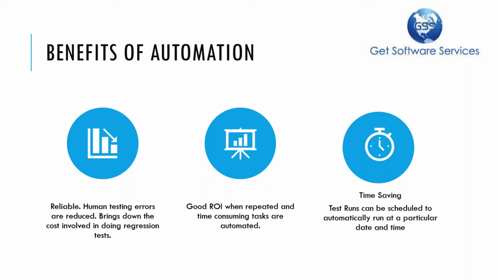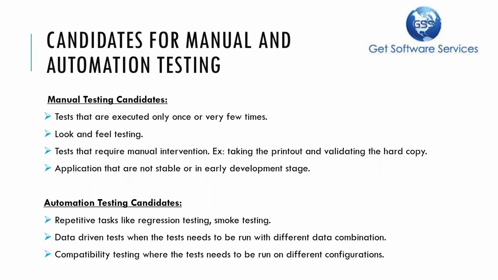Time saving. You don't have to sit in front of the system and monitor the execution because everything is automated. You just have to hit the run button. All the execution will be done, and then in the end you get the result. All you need to do is just check the results. You also have options to schedule the runs. You can run the scripts at a particular date and time. Even if you want to run the scripts at midnight, you just set the time and automation scripts will be automatically triggered at midnight. So these options we get when we go with automation testing.